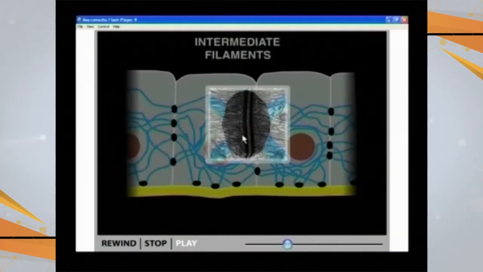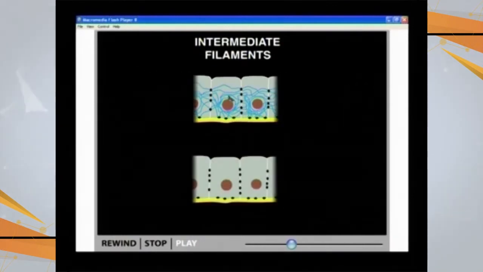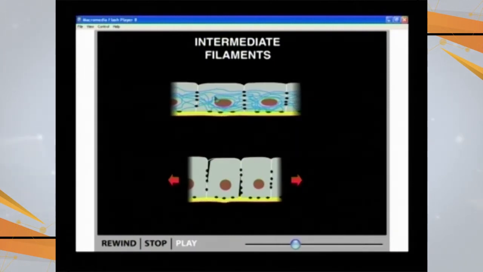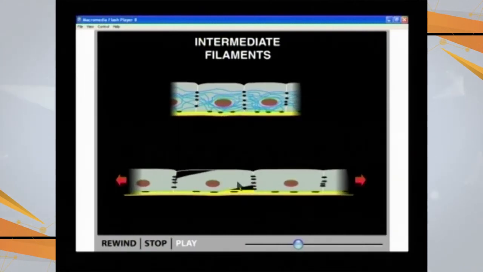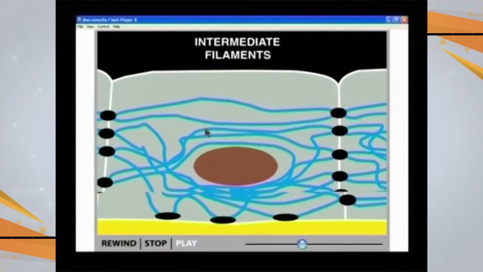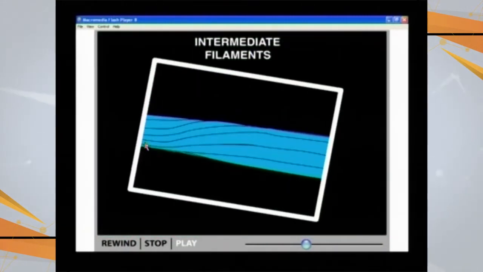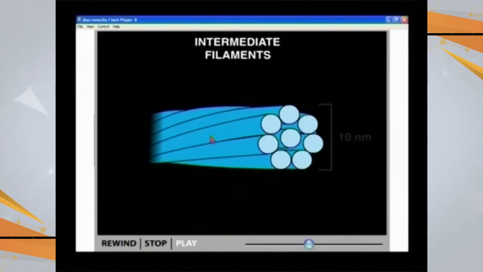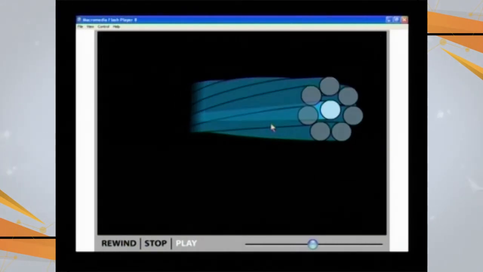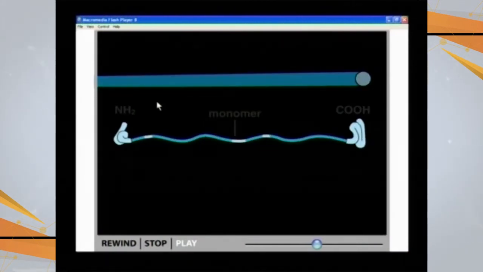This is an electron micrographic view of a desmosome. If these filaments are not present, once a body structure is stretched, the cells are going to split away. The cells are going to rupture. So these maintain the cell shape and the cell structure, and these filaments are basically made up of protein fibers, and these protein fibers are arranged in the form like that.